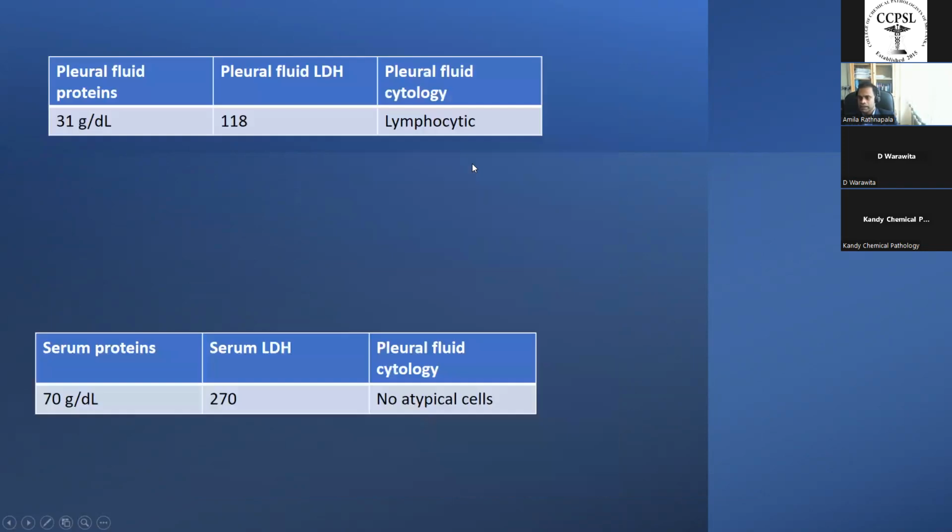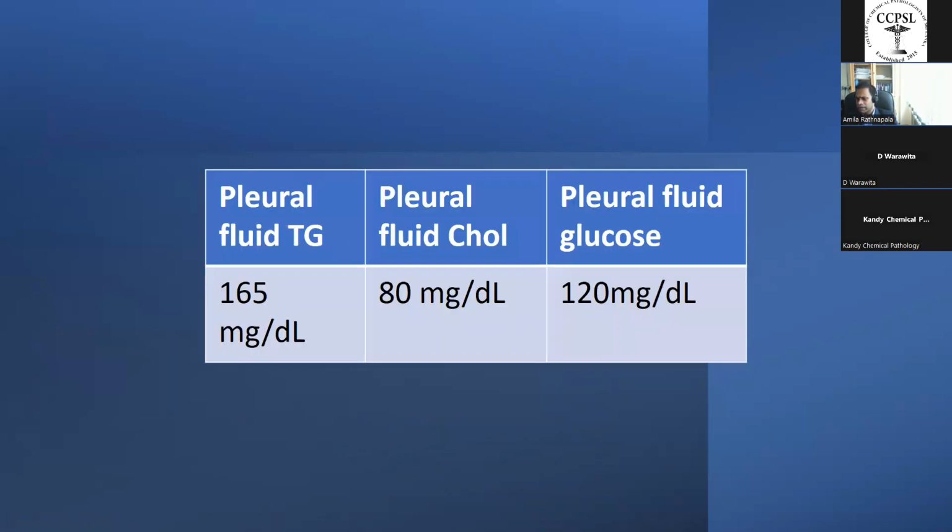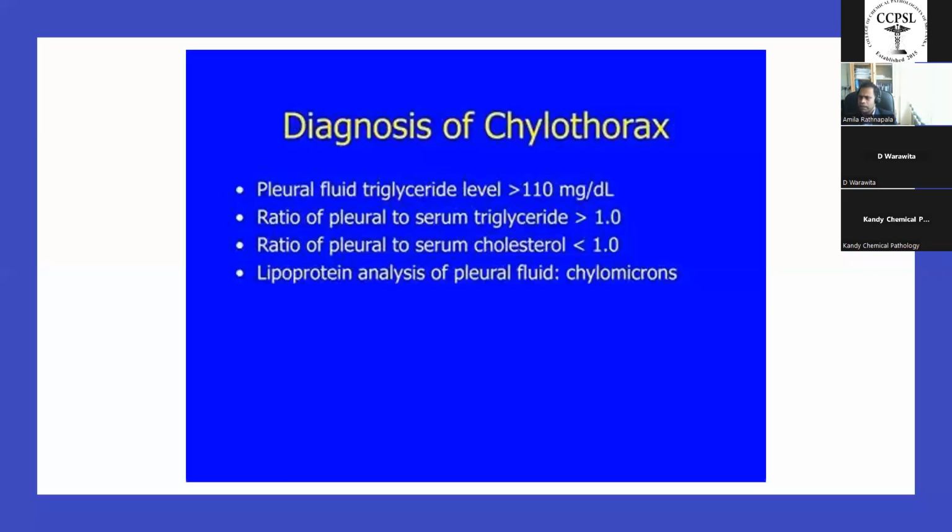And we did investigations which include pleural fluid protein of 31 and pleural fluid LDH of 118. It's lymphocytic, and the serum protein was 70. It's a transudative effusion, and there were no atypical cells. And the pleural fluid triglyceride level was elevated. It's 165, and pleural fluid cholesterol level was 80, which is less than the serum cholesterol level, and pleural fluid glucose 120 milligrams per deciliter. So, the diagnosis of chylothorax,